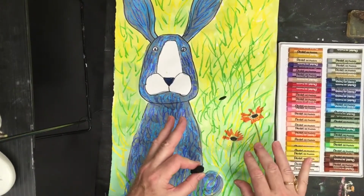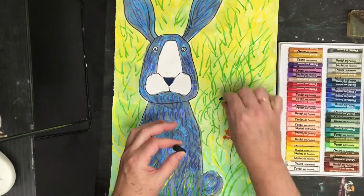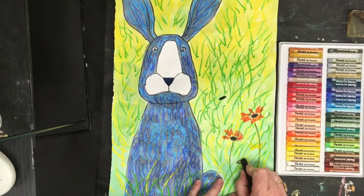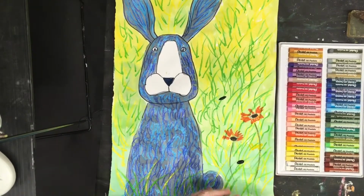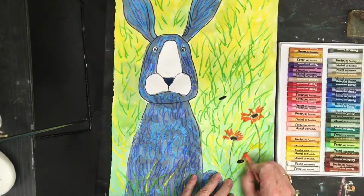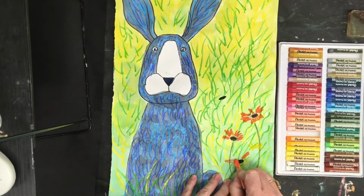And I want to vary where I'm placing them. I don't want them all in a straight row, different heights. And I'll put one down lower here, just a little oval, and press hard. And then I'm going to use some orange values, and I'm just going to come out and back,